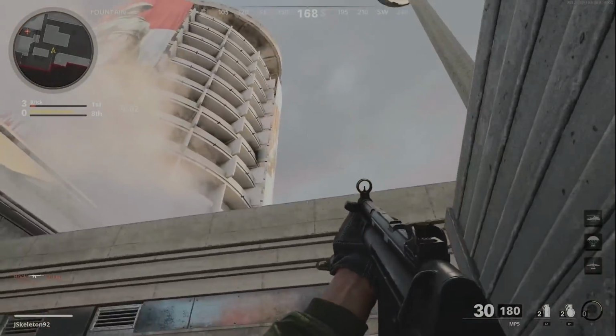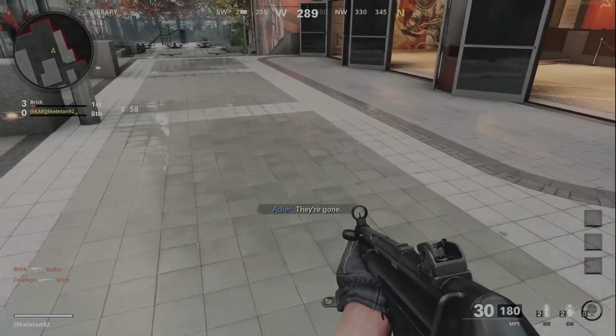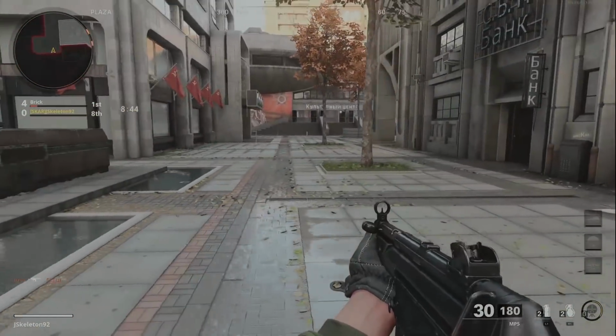This is not the best map actually for lighting. It's a cloudy day. But I mean, it's rainy, so you can see some of the puddles and stuff. Still looks really good. Each game might work differently, so whenever more games start supporting 120 hertz that come out,